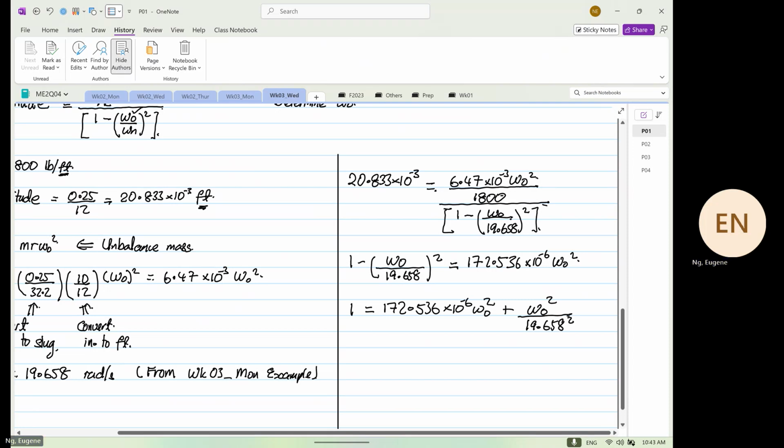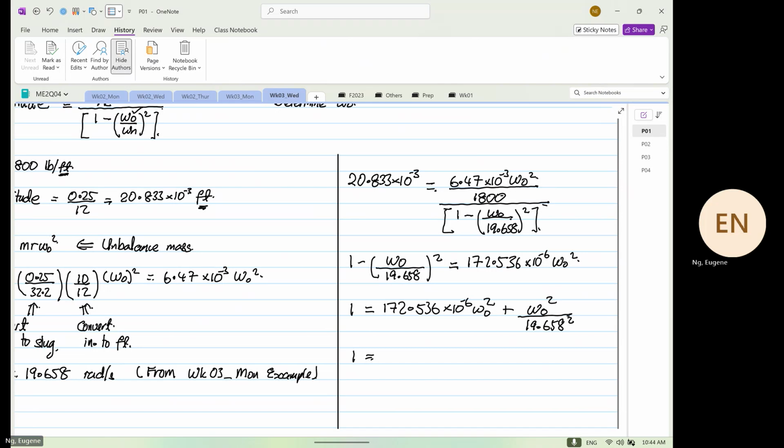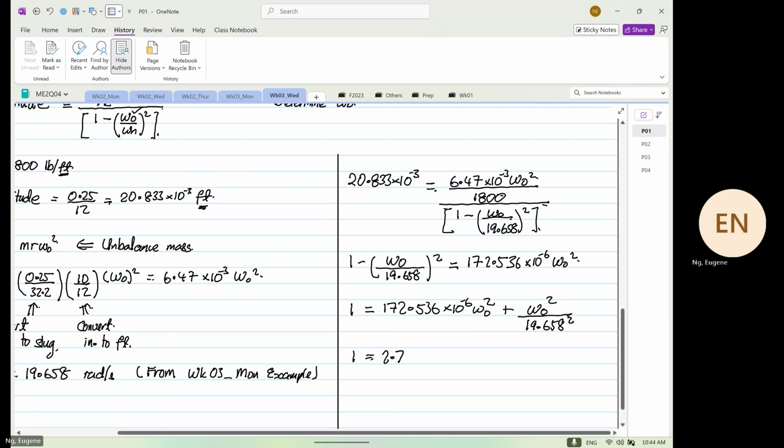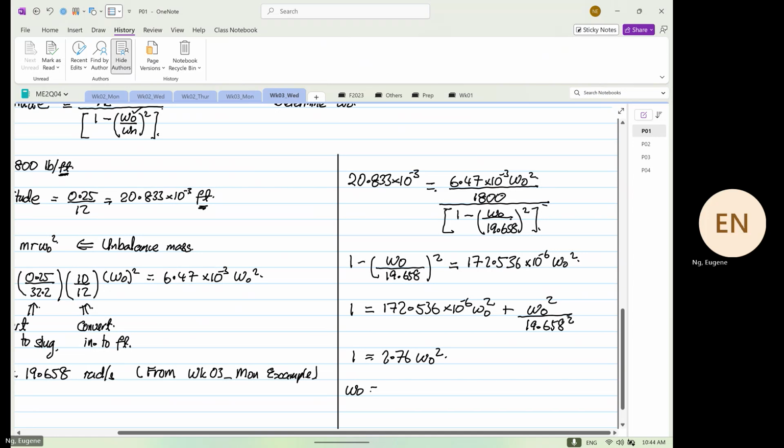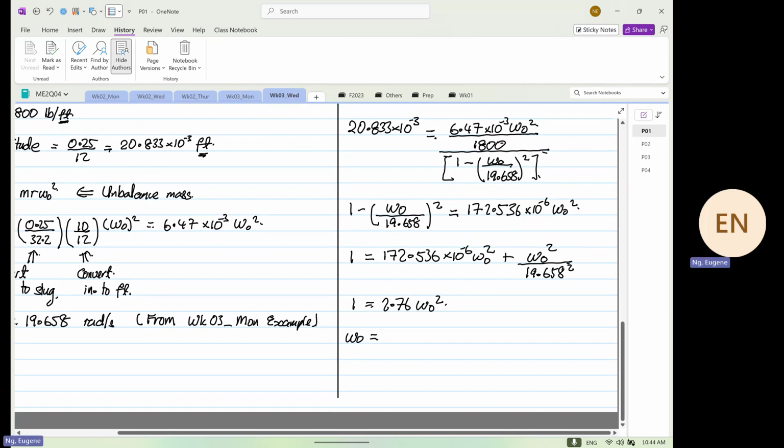So this term over here, 1, will be equal to 1 divided by 19.658 squared plus 172.536 power minus 6, which is equal to 2.76, times omega naught squared. I'll do it again. 1 divided by 19.658 squared plus 172.536 power minus 6 is 2.76. So omega naught is 1 divided by 2.76, then square root